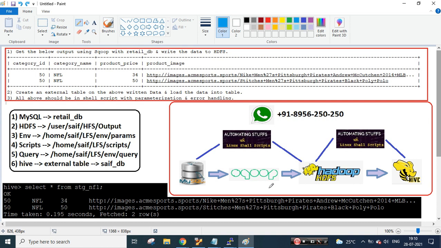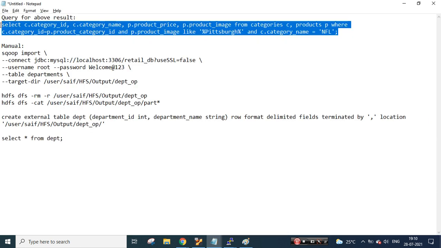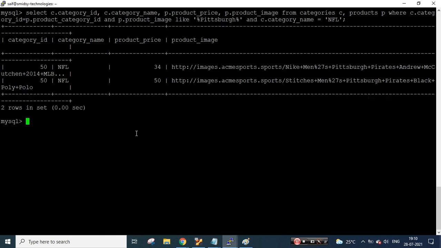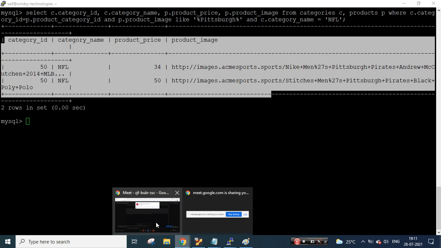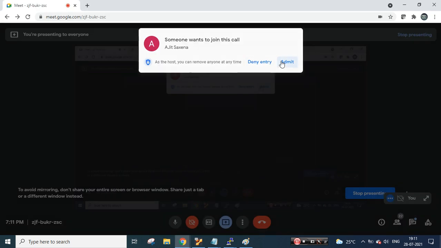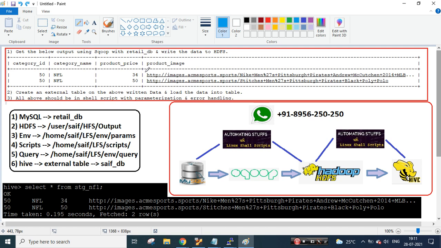Okay, so that's where I'm trying to take one small scenario today. Now again, I have written a very small SQL query. It's a very simple query. What it will do, whatever the required set is, this is the output which is expected from this given scenario, right? So that's what they are expecting us, right? They are expecting we need to get this data.